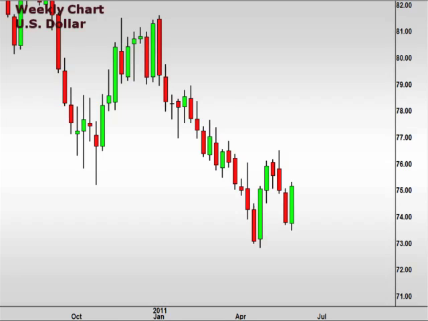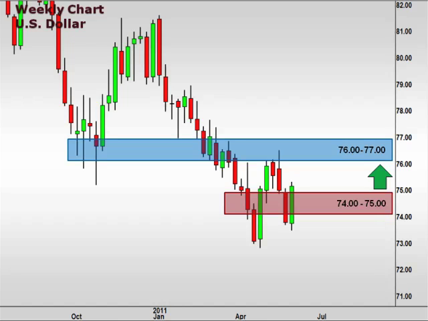Let's take a look at the weekly chart of the US dollar index. This is a great way to gain perspective as to how the US dollar has been trading against a basket of currencies. Well, the dollar index reversed the losses from the previous week, closing back above that 75 focal zone last Friday. Now, failure to hold above 75 opens the window for a continuation lower for the dollar index. Now, consolidation above 75 lends credibility to a continuation to the upside with the 76-77 focal zone as a near-term